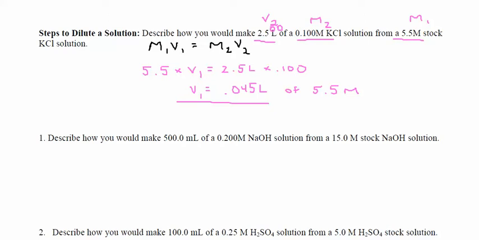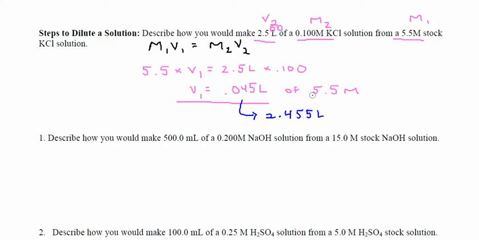Well, I know that I want my final volume to be 2.500 liters, but I've already added 0.045 liters, so I just need to add enough water to bring this volume up to 2.500. So I take 2.500 and subtract from that 0.045, and what I get is 2.455